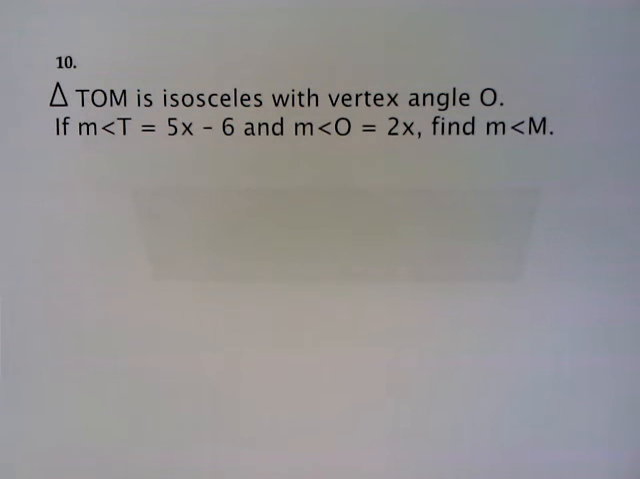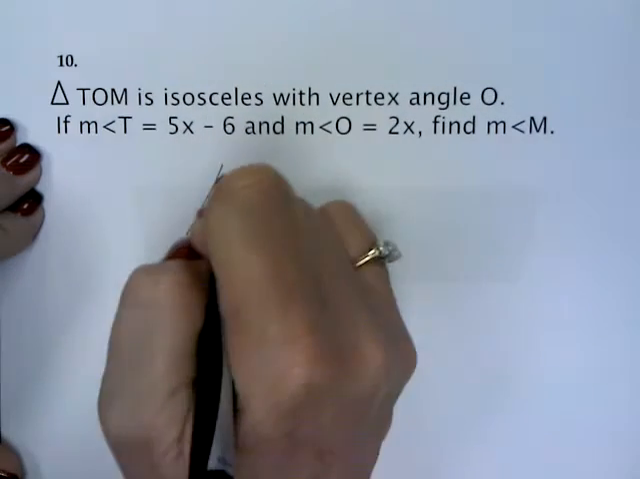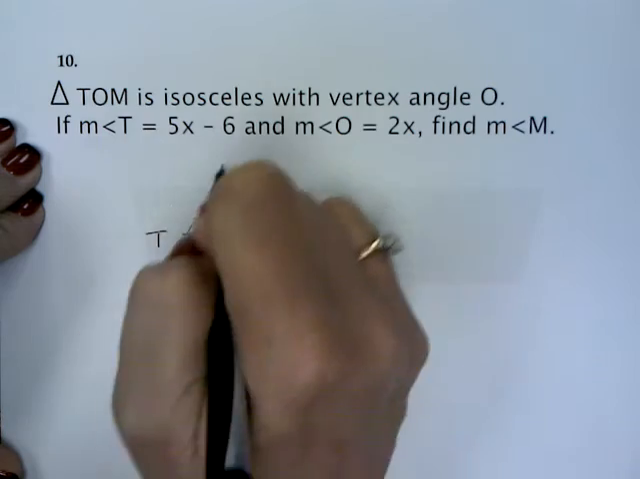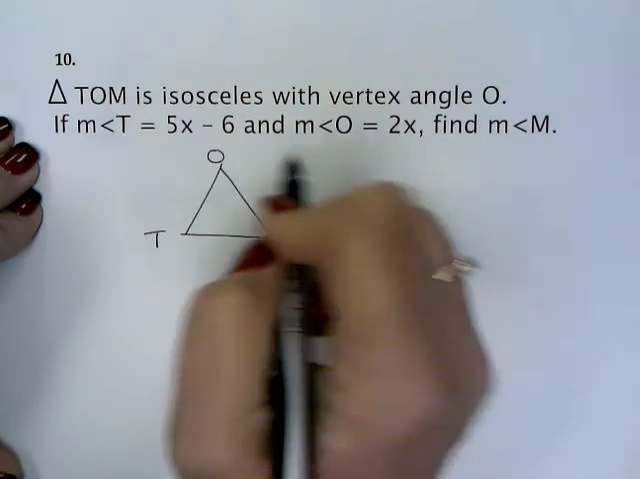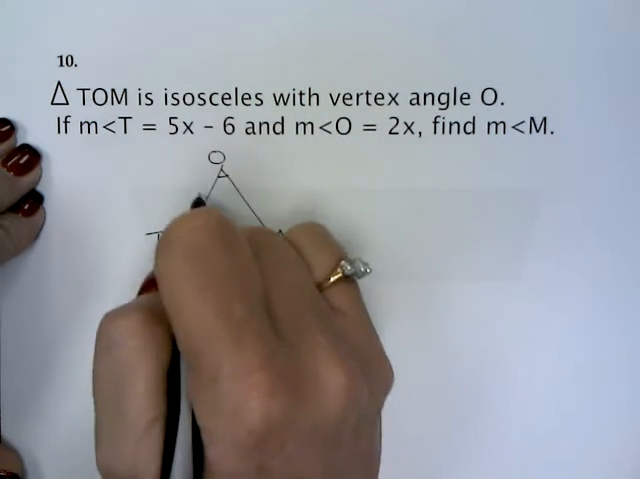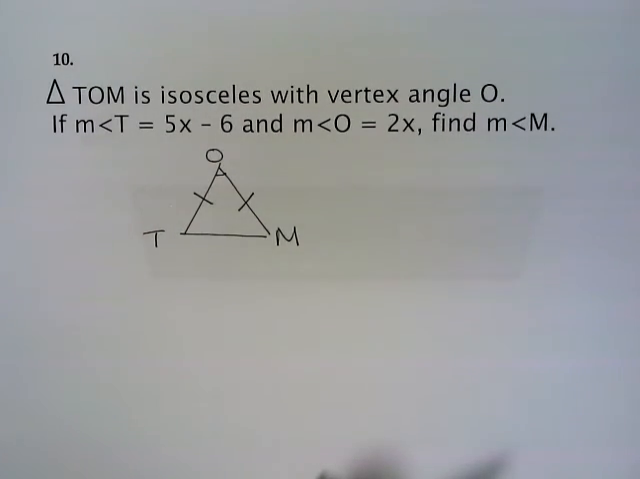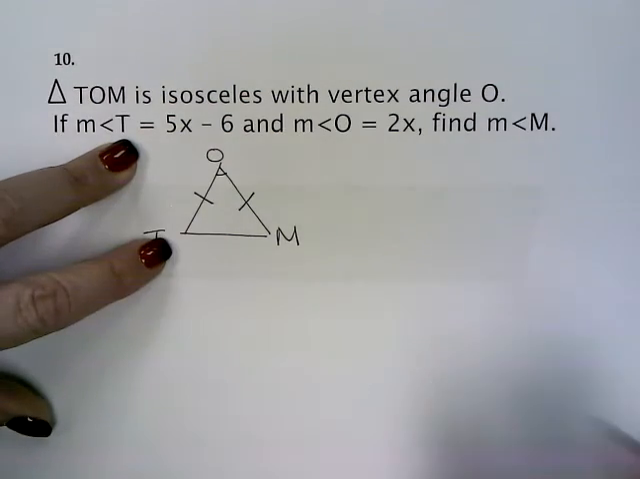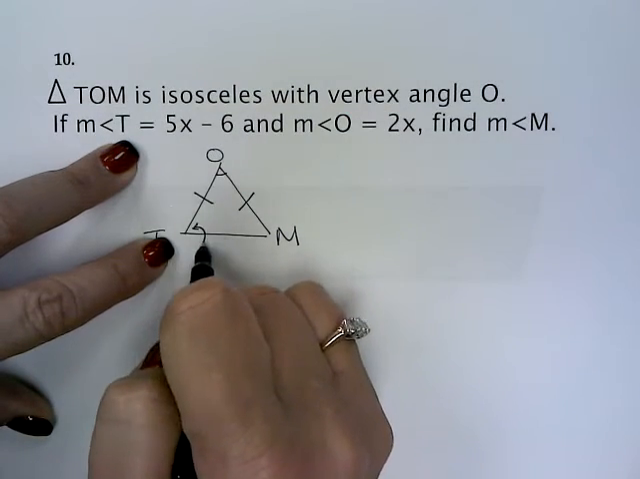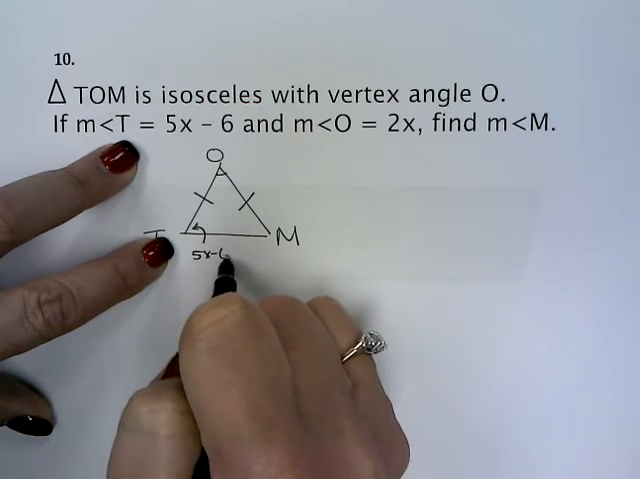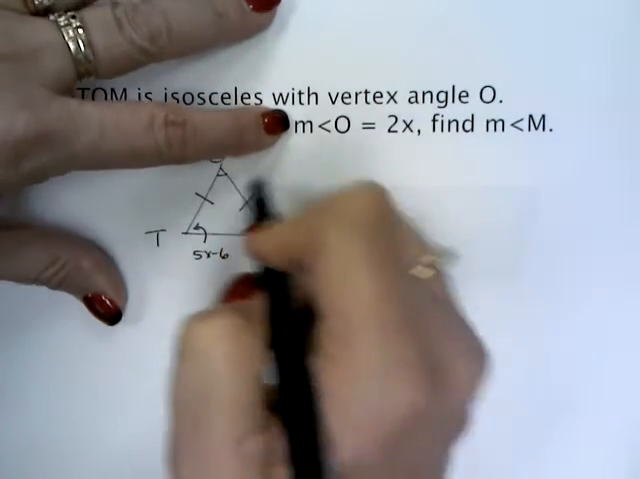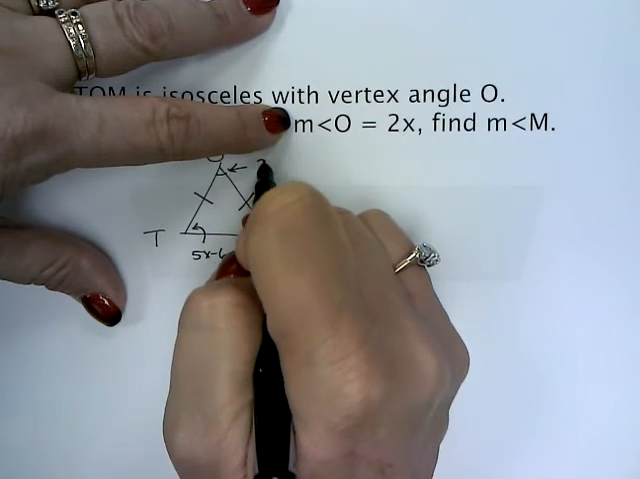All right, we have another one that says triangle TOM is isosceles with vertex angle O. First thing I'm going to do, you got it, draw the picture. And that's my vertex angle, so these two are my congruent sides. He's just congruent to himself, and I'll just put it there so you know he's the vertex angle. If the measure of angle T is 5x minus 6, and the measure of angle O is 2x,